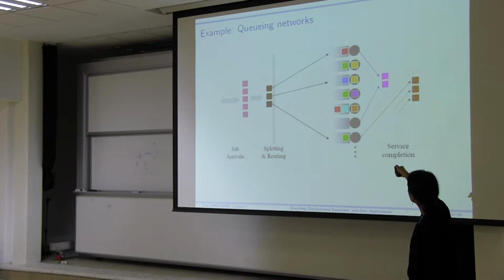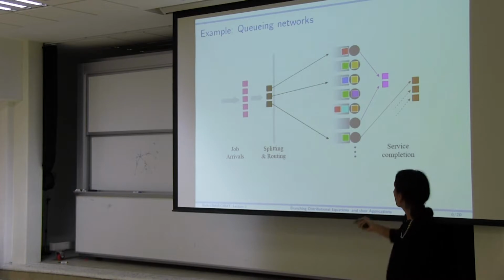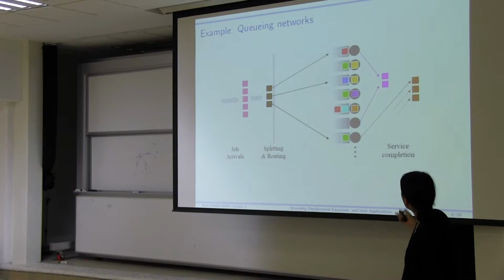Once they're at the servers, they will join a queue. For example, here I can see that this piece of a red job, when it arrived, found the server empty. This one, on the other hand, when it arrived, had 2 jobs in front of it. Notice that the red job is stuck because it cannot begin its service until this other red job over here makes it to the front of the queue. So these red jobs will stay there, and if other jobs start piling up here, in particular this black one, the black one will be stuck until at least the orange and the light blue one are done.